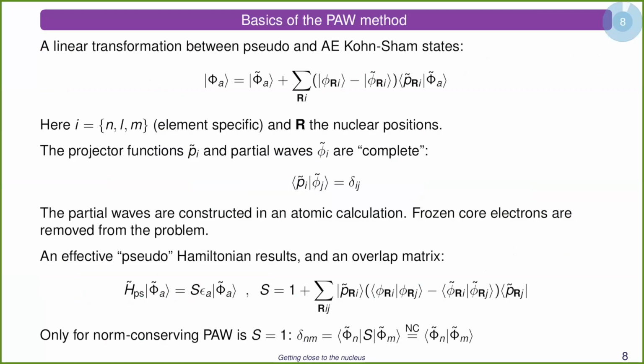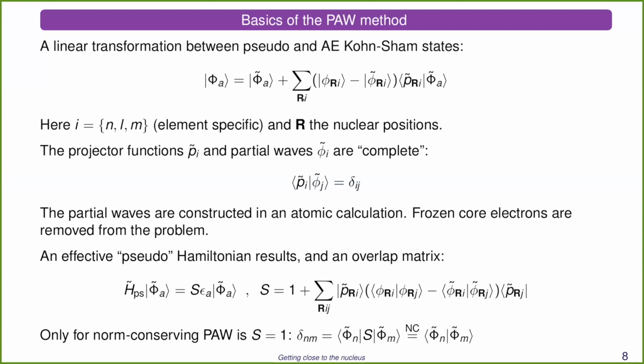So now in the formula here, you see exactly the same thing. But now there is a linear transformation. These are the pseudo-orbitals, so the blue part. These here are the orbitals you want to subtract out, also essentially blue. And these are the all-electron detail ones that you want to add. It's labeled here with R, which is the atomic nucleus site you are in, and this is the angular momentum